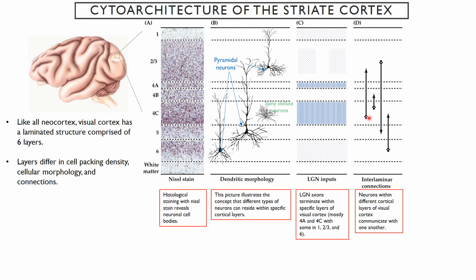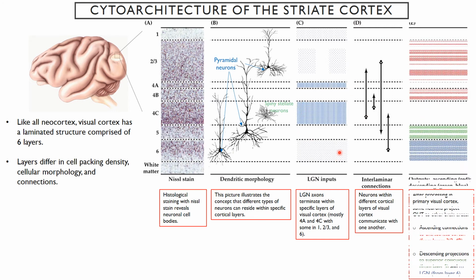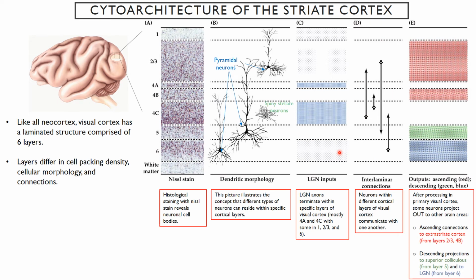So there's input coming to layer 4, and then they project in and out. Then there's processing that happens within the cortex. These are referred to as cortical columns. And then there's output. So in the visual system,